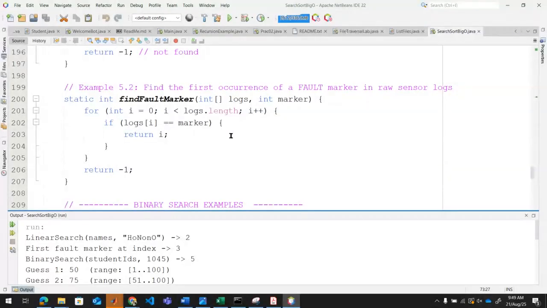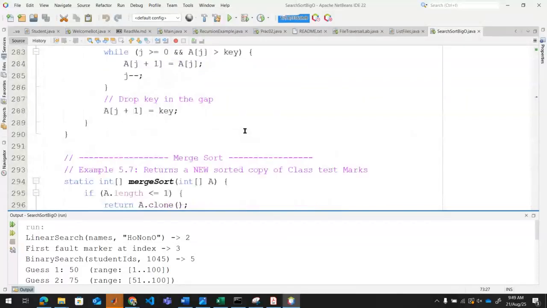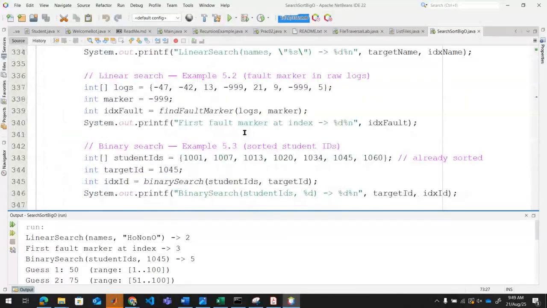When you run that, you would see that here in this line, it found index 3. And just to know exactly what index 3 is, if I scroll down to the main method, you will see what we used. Here are the logs and the information that was fed as an array in there. The marker we're looking for is the largest value, -999. And when we call our function in this line here, we can print out what the idxFault is, and that will tell you index 3, which is 0, 1, 2, 3. That position there, where you have the -999. Okay. Now we leave from there